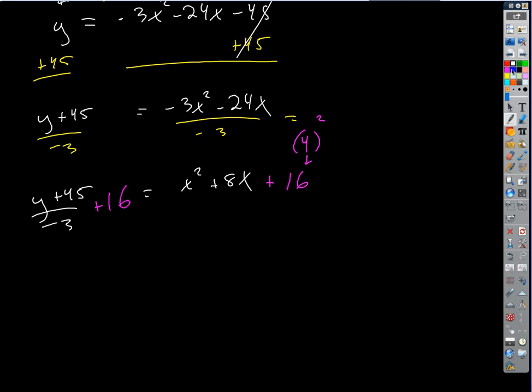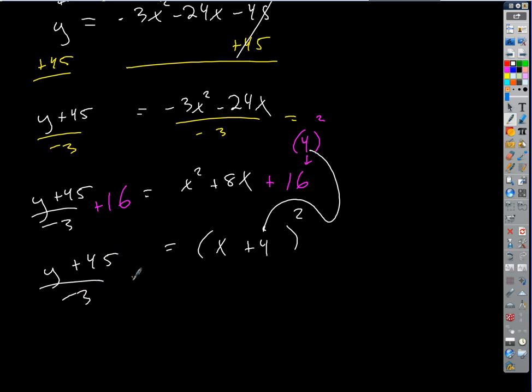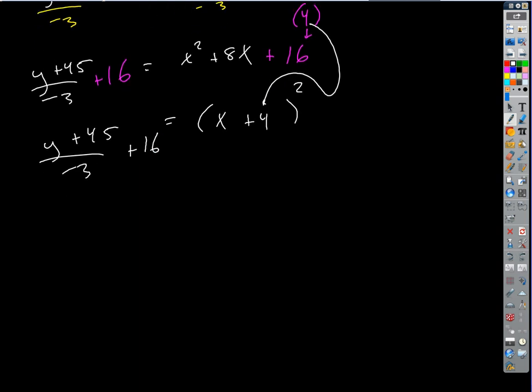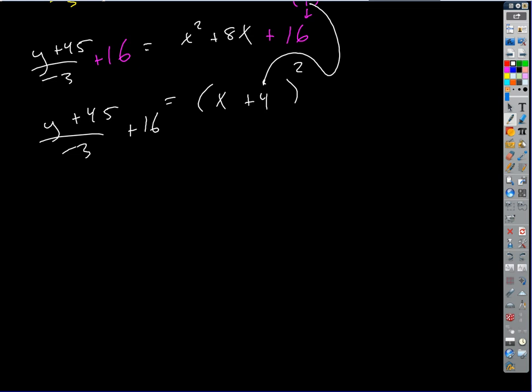So then what perfect square do we get on the right side? x plus 4, right? Okay, on the other side we've got y plus 45 all over negative 3 plus 16. So I got to get that y by itself. Now I'm going to go through and undo all the steps that we just did. So the first thing I'm going to do is I'm going to undo adding 16 to both sides. I'll subtract 16 away, because my job now is to isolate the y, right? So if I subtract 16,